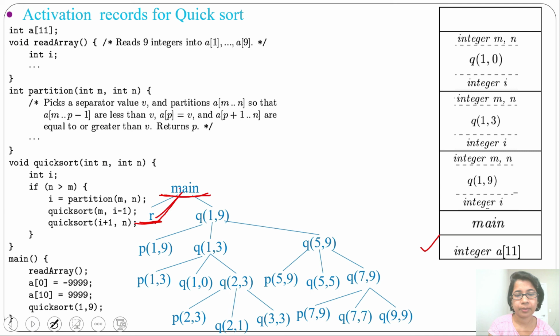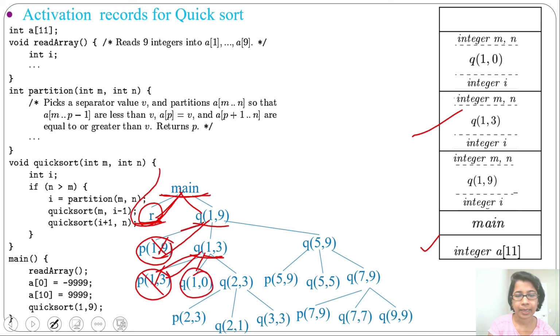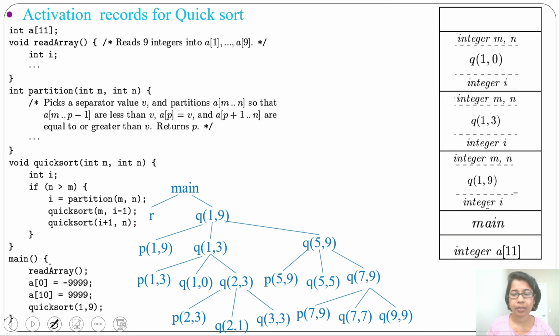When we return from this function, we pop this information, then we push the quicksort(1,9) activation record, then we push the partition(1,9) activation record, and when we return, we pop this, then we push the quicksort(1,3) activation record, then we push the partition(1,3) activation record. Then when we return, we pop this and we push the quicksort(1,0) activation record. This is the same way as pre-order traversal. We are pushing activation records in the same way as the calling sequence, or you can say the same as pre-order traversal of the activation tree.